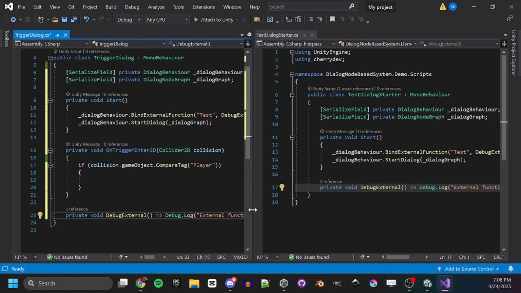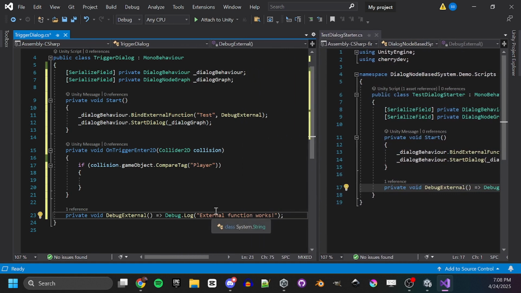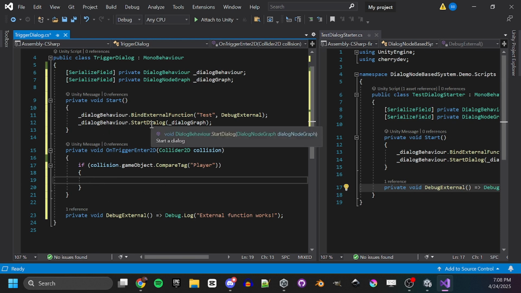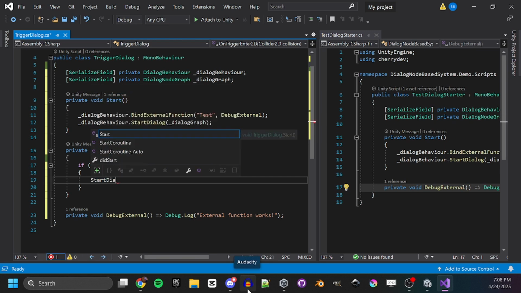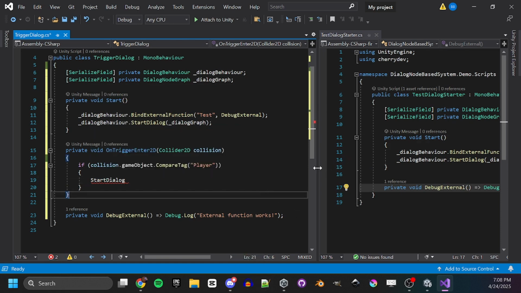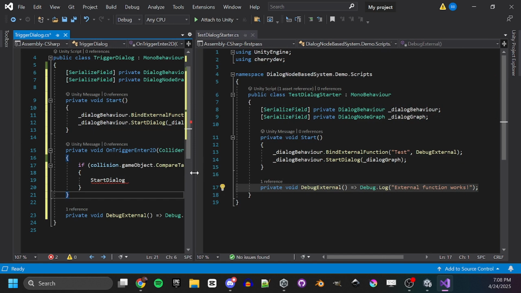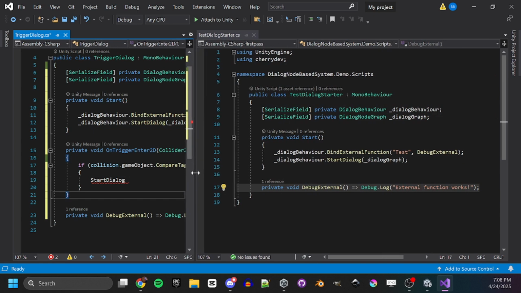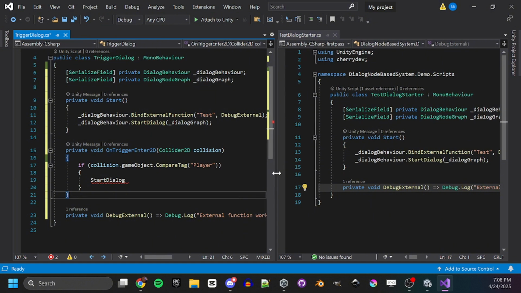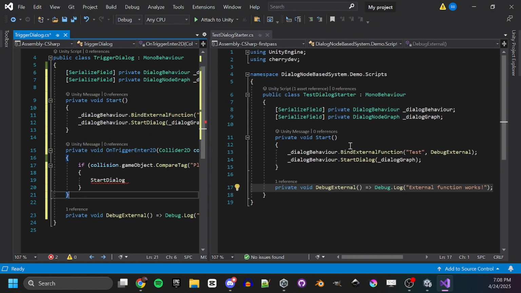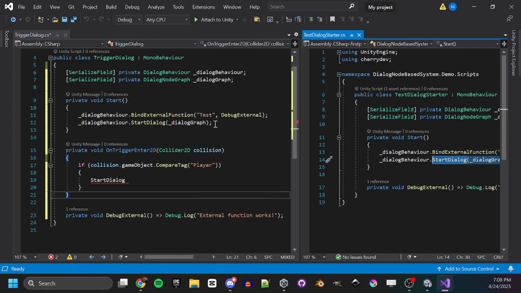And if we remember, what I need to do is call start dialog. Let's see. So that prepares it by loading it into the dialog graph. But I think that if I call start dialog, is that actually, let's see. No, actually it was start dialog. Oh, it's actually this thing that, so instead of running this thing,